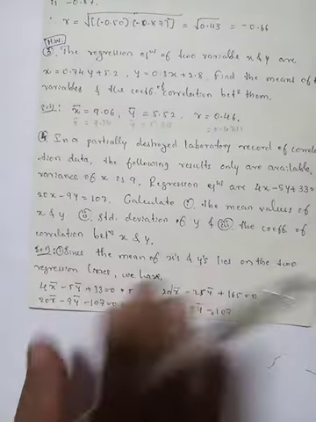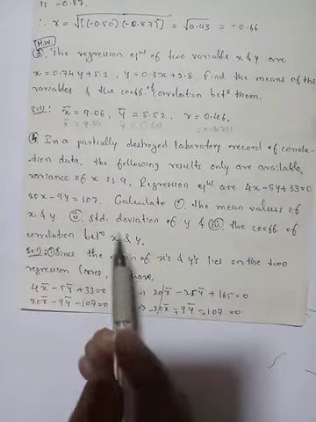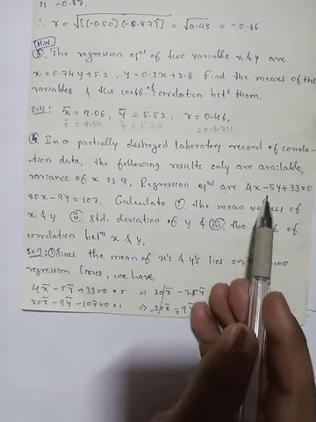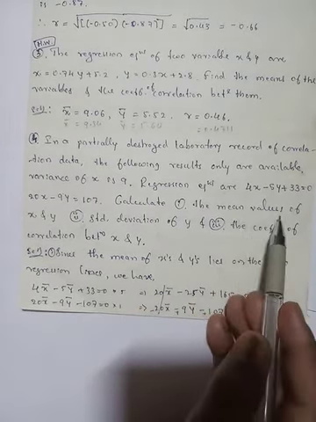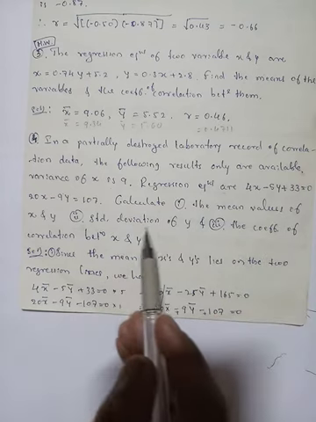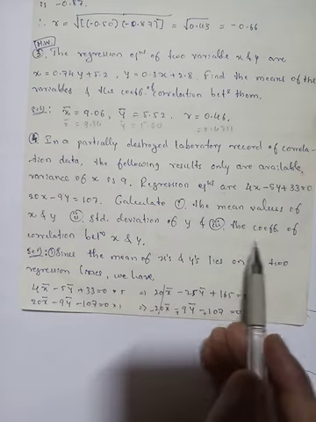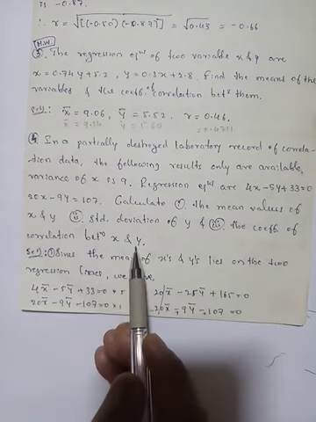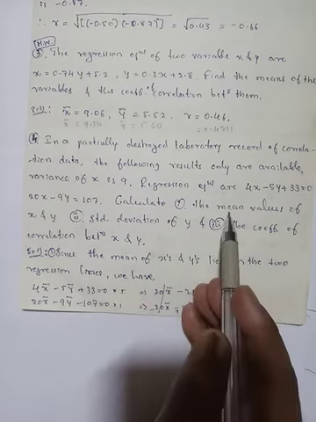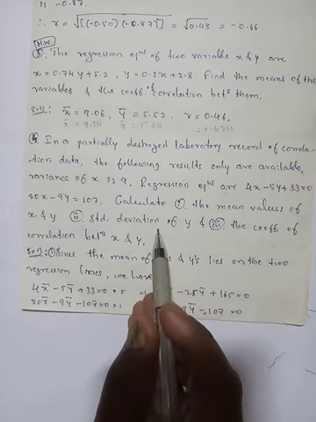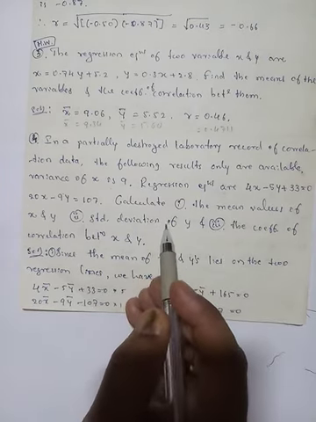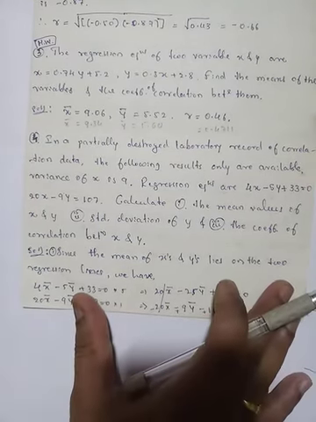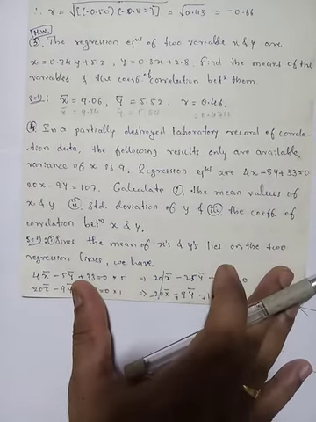And similarly, see in this problem, the lines of regression are given, right? The question is to find the mean values of x and y, the standard deviation of y, and the coefficient of correlation between x and y. The first question is x bar, y bar we have to find, the second is sigma y, and the third is r. And here one point you observe,